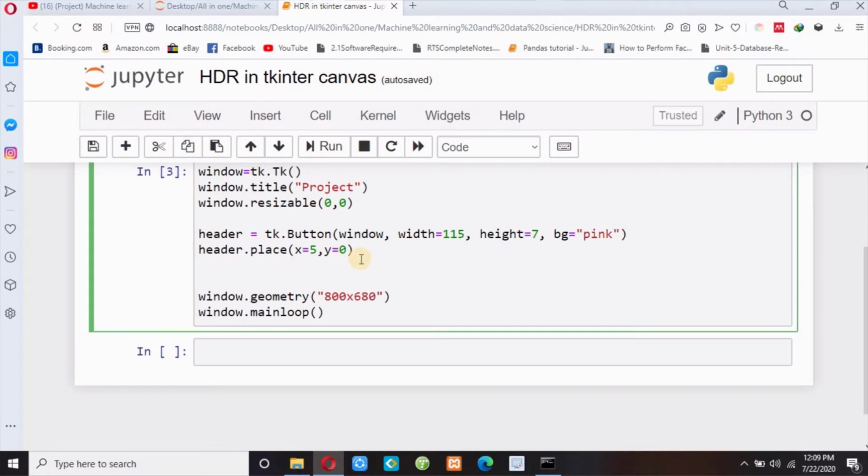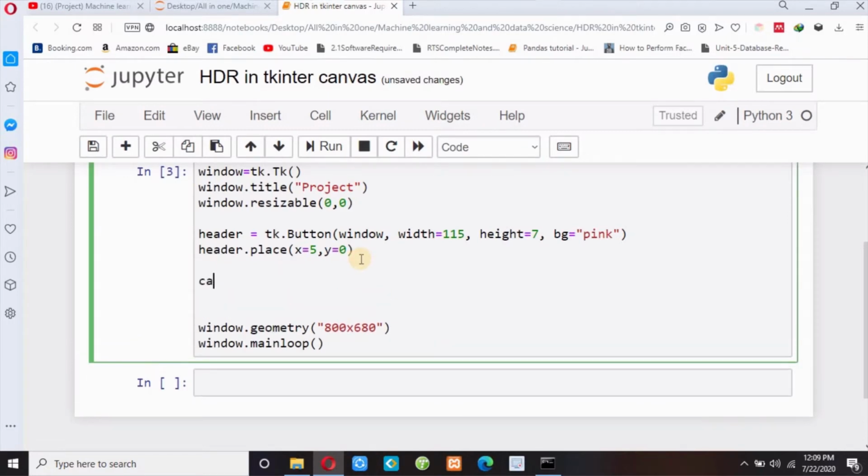Now let me define my canvas. This is canvas1. So canvas1 equals Canvas. I have to put the canvas inside the window, and width equals suppose 500, and height equals suppose 250, and then background color equals suppose ivory.